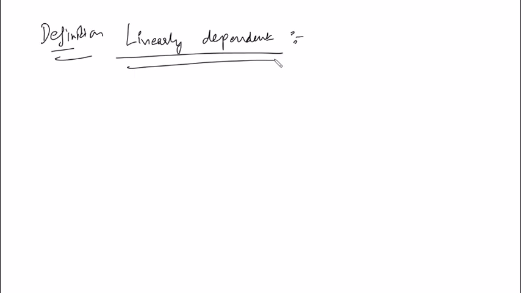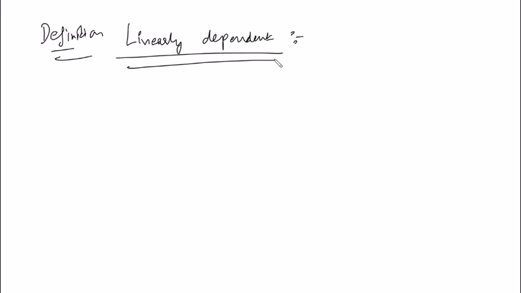There is an actual meaning of linear dependency and independency, but here we are going to define this purely in the context of differential equations. So do not get confused if you read somewhere that linear dependency is something else. It is in general something else, a very detailed thing. But when it comes to the differential equation, we are just going to have that much only which is useful in the context of our differential equations. Okay, this is the disclaimer I am making before giving you the definition.